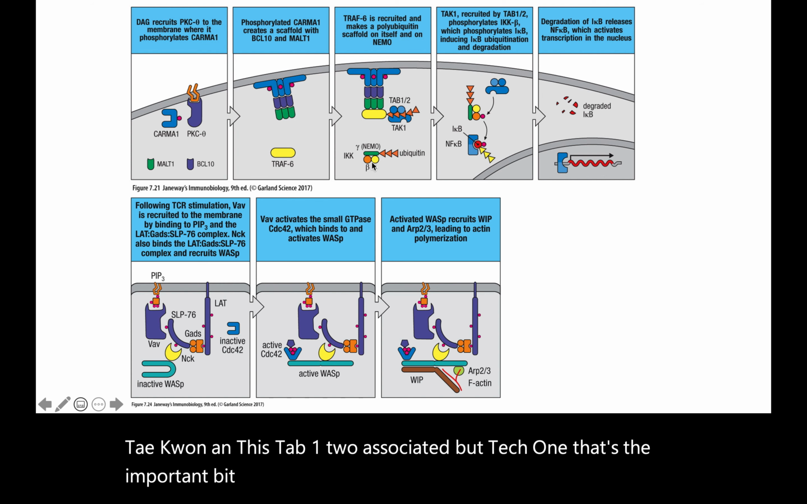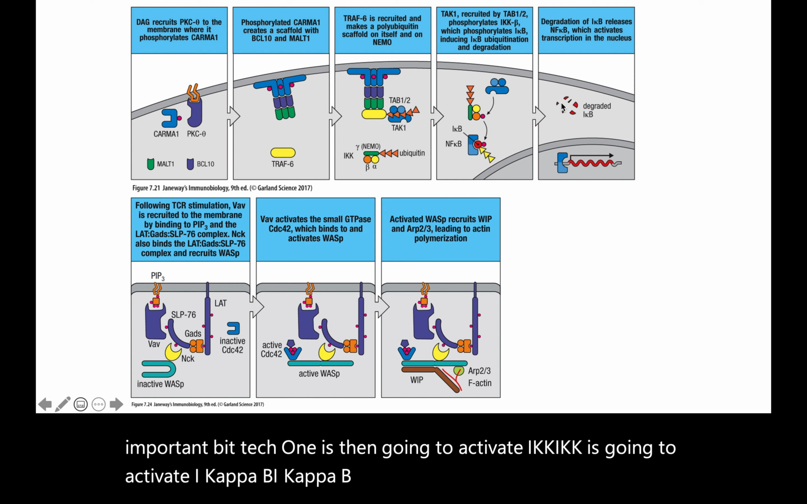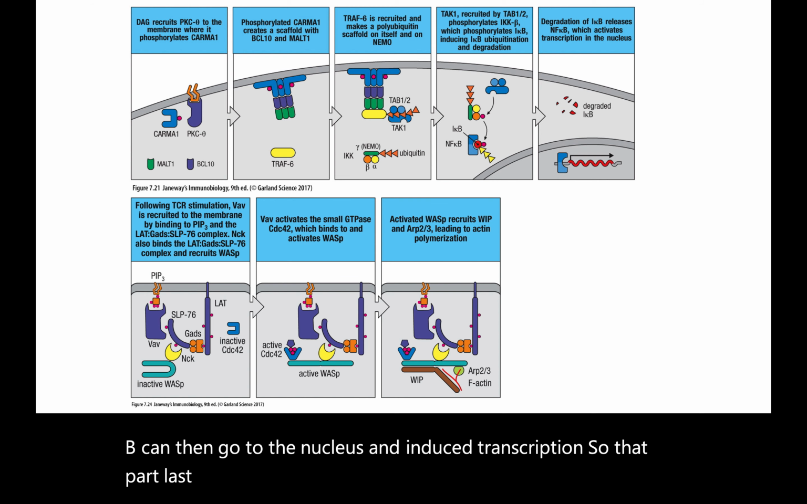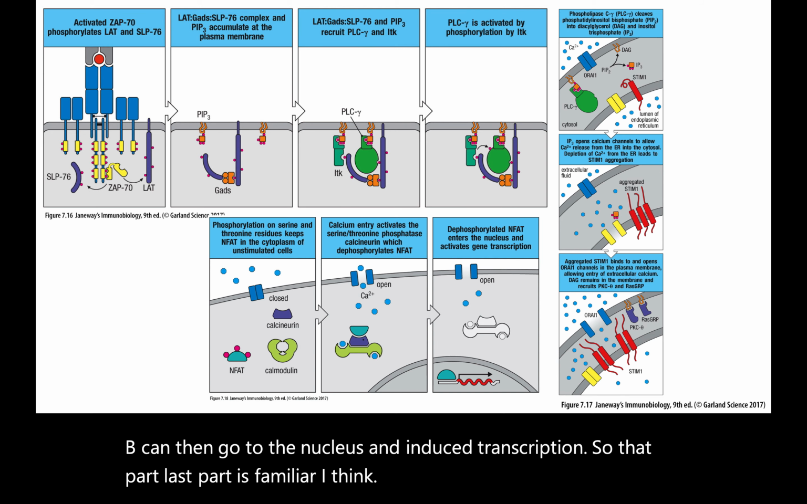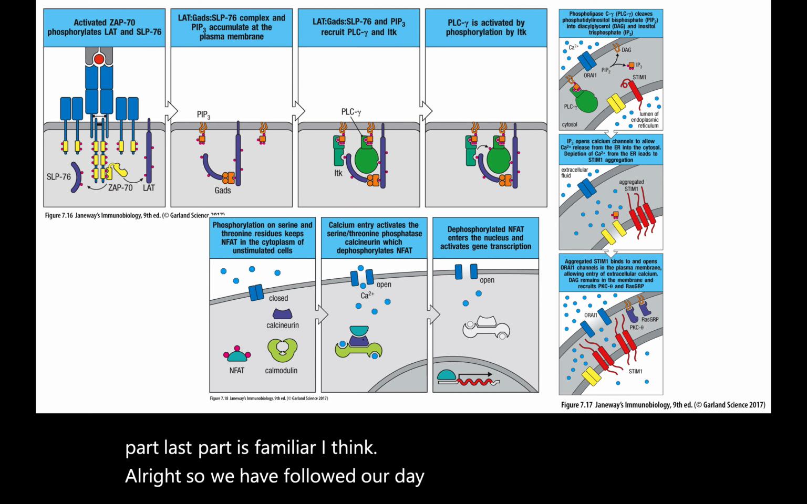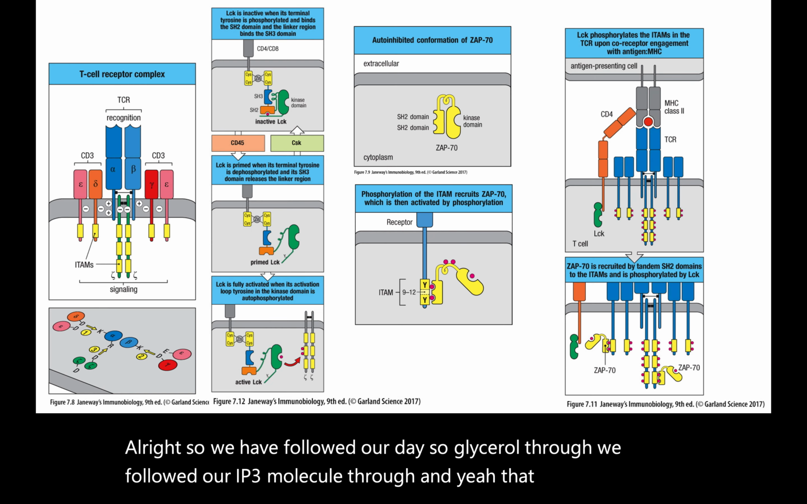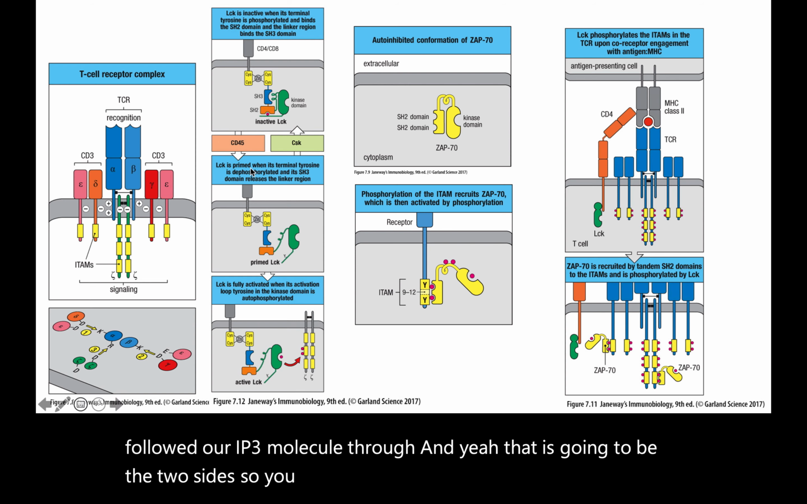TAK1 is then going to activate IKK. IKK is going to activate I-kappa B. I-kappa B is going to be degraded, and NF-kappa B can then go to the nucleus and induce transcription. So that last part's familiar, I think. All right, so we followed our diacylglycerol through, we followed our IP3 molecule through, and that is going to be the two sides. So you are either going to tell me about